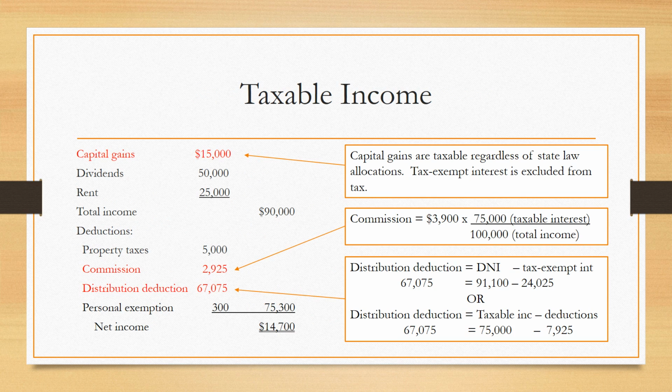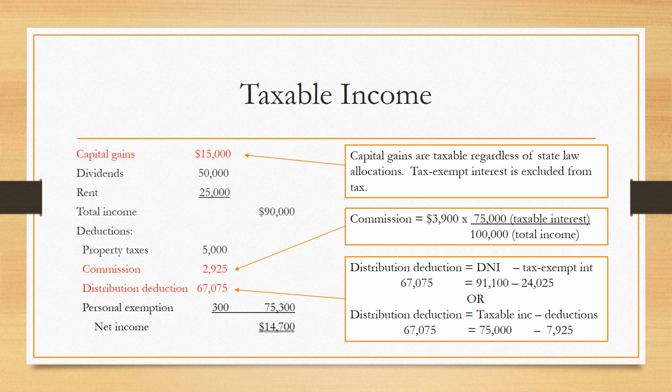On the tax return, the capital gains are shown in income, since all income is taxable unless excluded from tax. The tax-exempt interest, being non-taxable, is not shown, leaving a gross income of $90,000. Only $29.25 of the commissions are deductible, since the remainder is allocated to the non-taxable interest, and a distribution deduction of